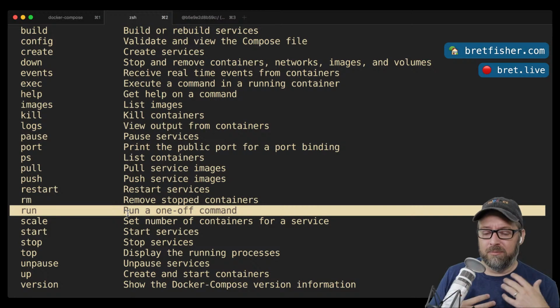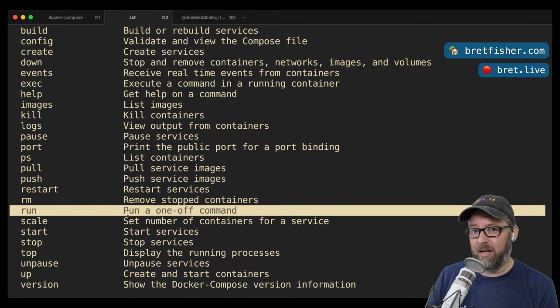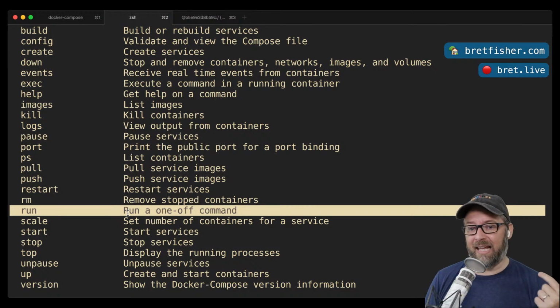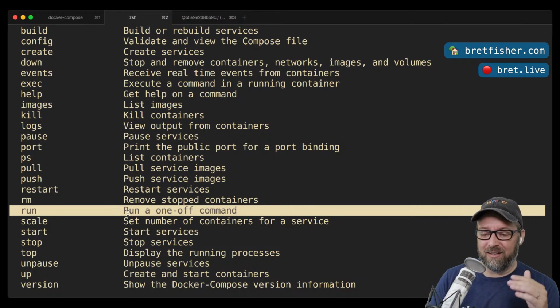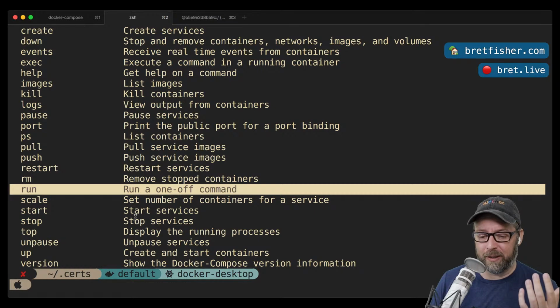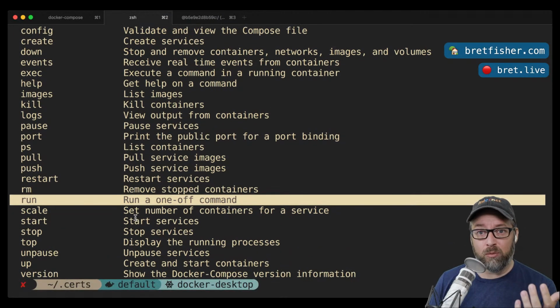So Compose to me is the one tool that all developers could agree on, regardless of what their production looks like, whether they're running ECS, Kubernetes, Swarm, Nomad, Beanstalk, Lambda, they're all going to be containers running locally using Docker Compose. Now, I am not the internet, so I can't make us all use the same thing. I get that. We all have our preferences, but I do tend to win a lot of people over when I really start showing them all the things you can do with this one tool.